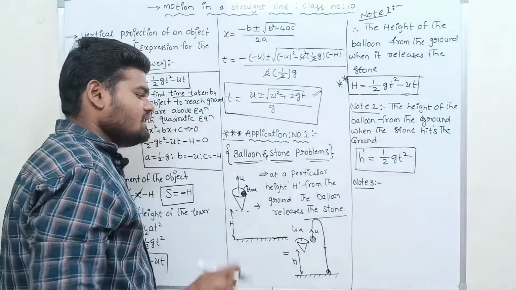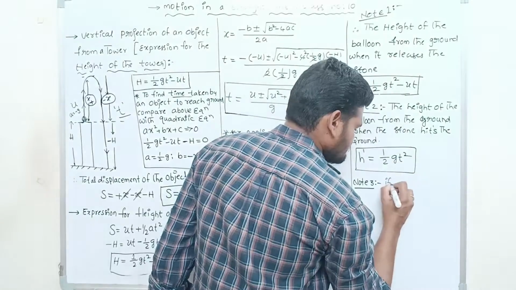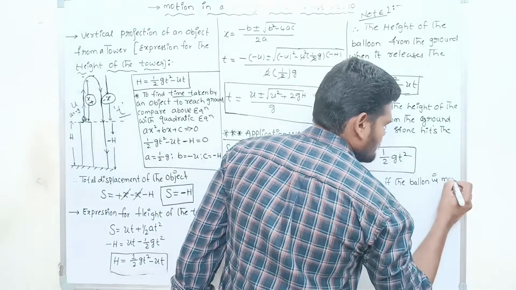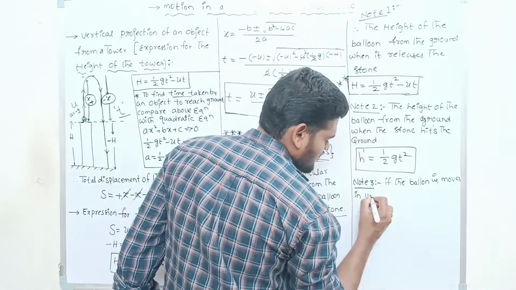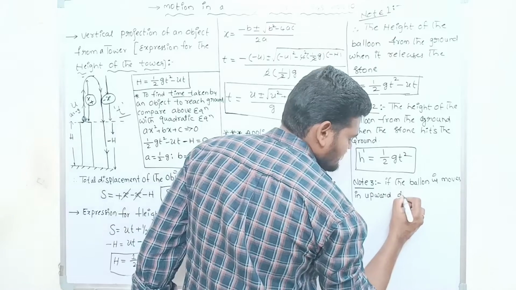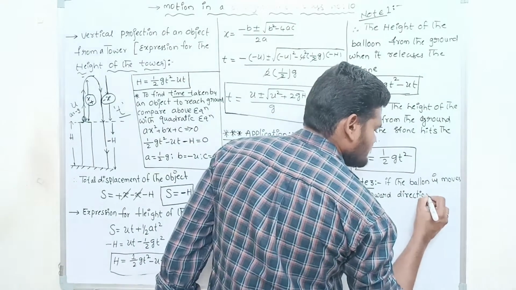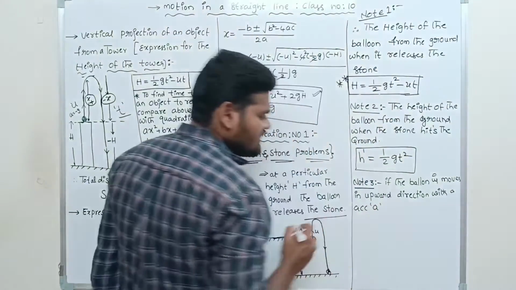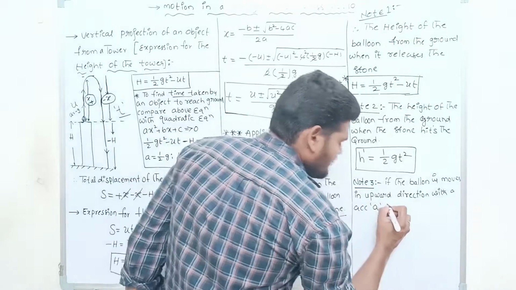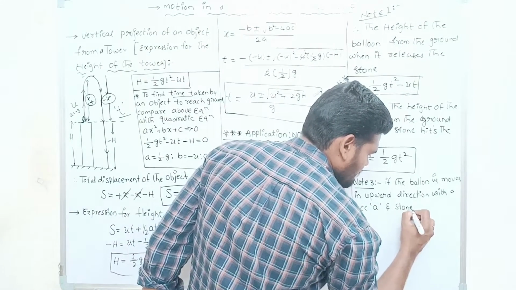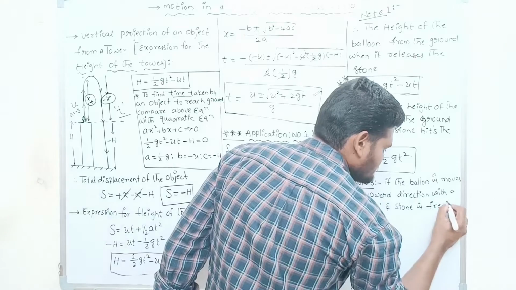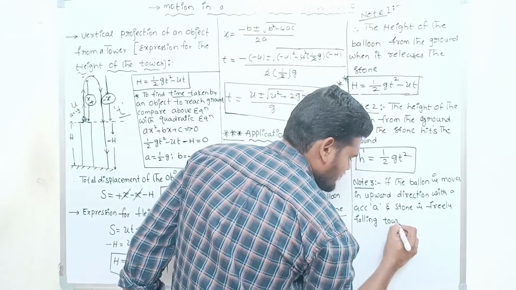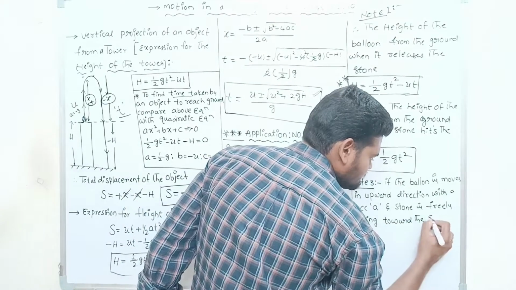So what is note number 3? Have a look. If the balloon moves in an upward direction with an acceleration capital A, and a stone is freely falling towards the ground,